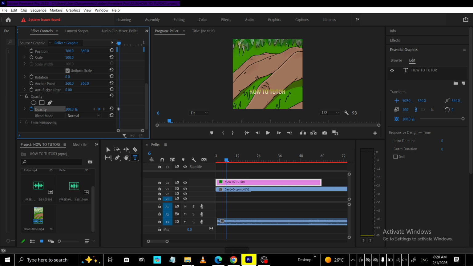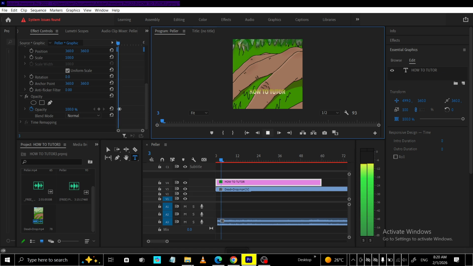To make that transition feel more natural, right-click the keyframes and choose Ease In or Ease Out. Apply easing to the starting and ending keyframes so the change doesn't feel robotic. Ease out on the first keyframe lets the animation start gently, and ease in on the second keyframe lets it settle smoothly at the end. Easing controls the speed curve, so instead of a constant linear motion, the reveal accelerates and decelerates in a pleasing